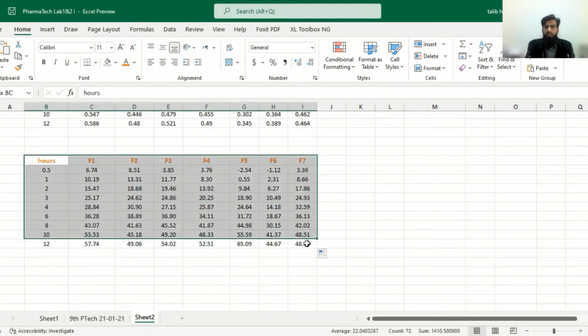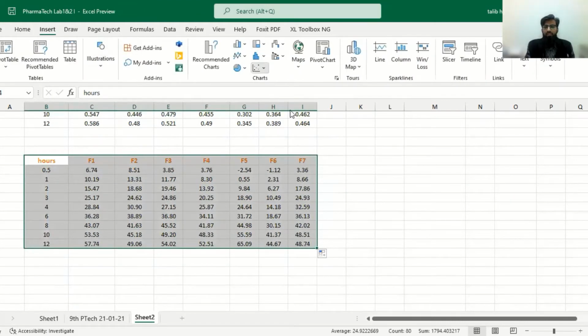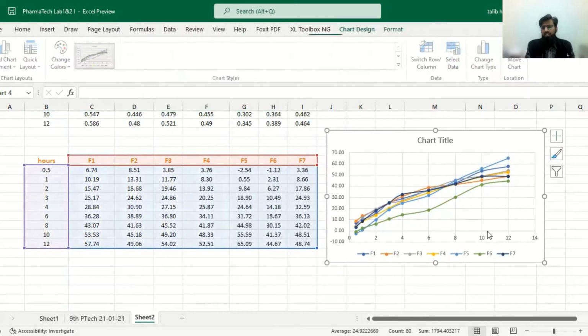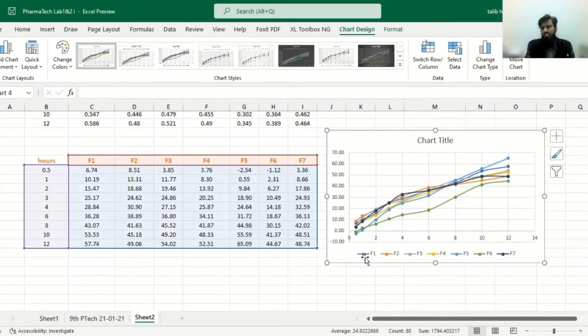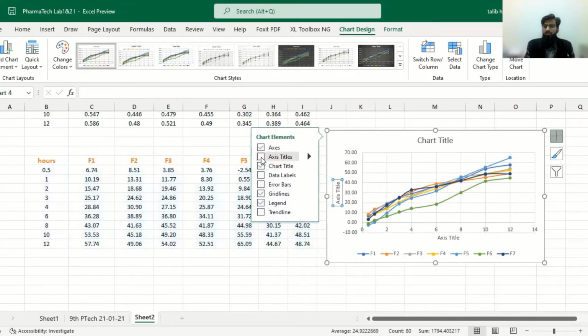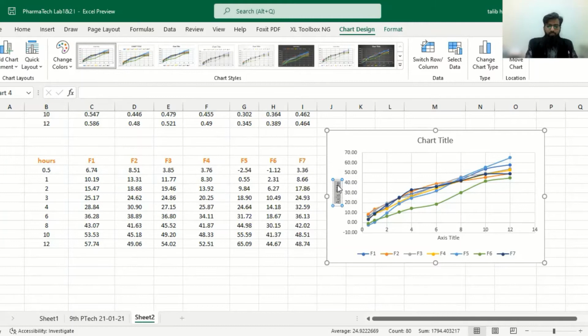We can prepare a curve of this. We will go to Insert and insert a chart, for example a line chart. So a line chart can be inserted containing legends. These legends are for the formulations, in different colors. Here is the percentage release, and over here is the time in hours, which can also be formulated similarly. It can be edited according to the chart title. So here we can write the chart title, which is percentage release.